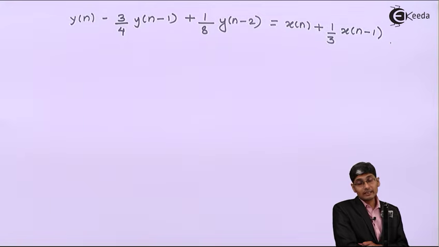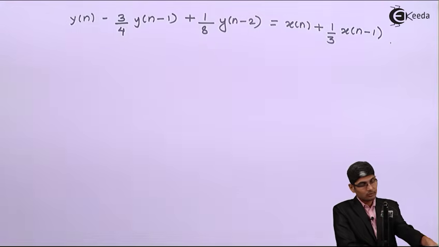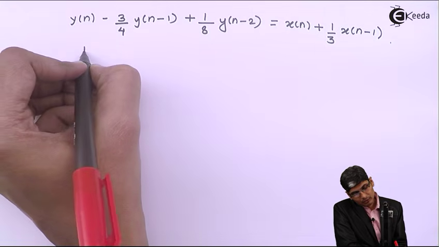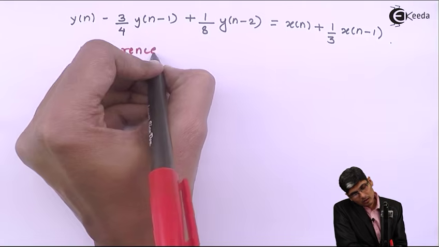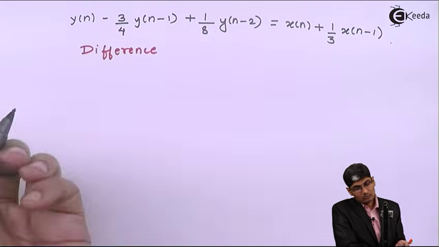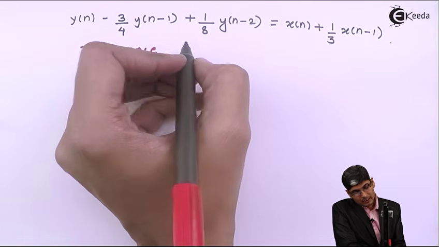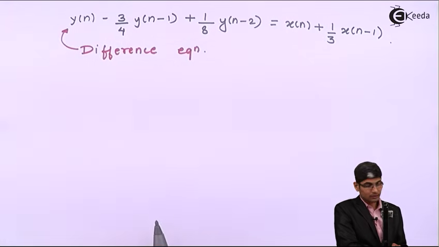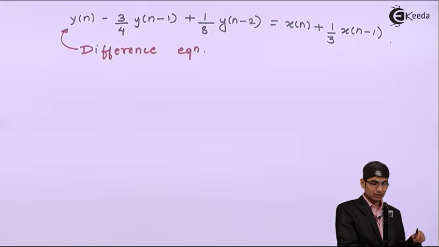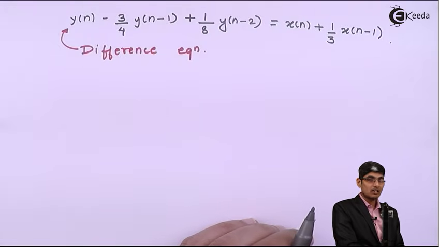So this is what the system is given by. This is called a difference equation. So this is my given difference equation. Whenever they want me to put a realization form, they will actually give me a difference equation. Now from the difference equation, I need to first find